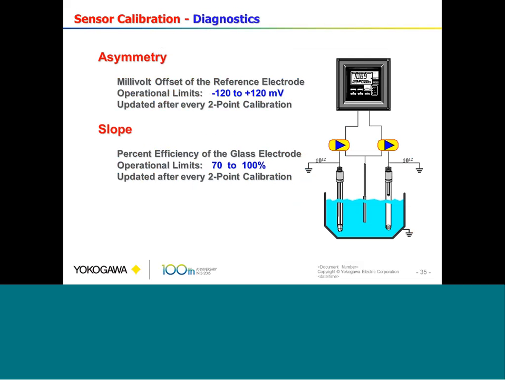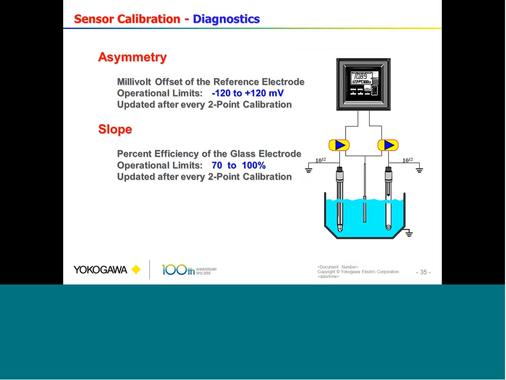What we're able to do by making that measurement is determine the amount of offset from zero that the reference electrode is, and usually there's a range like it shows here, either minus 120 to plus 120 millivolts. You want your reference to be as close to zero as possible, but it can be affected by the process to where it is perhaps 30 millivolts or 60 millivolts away,